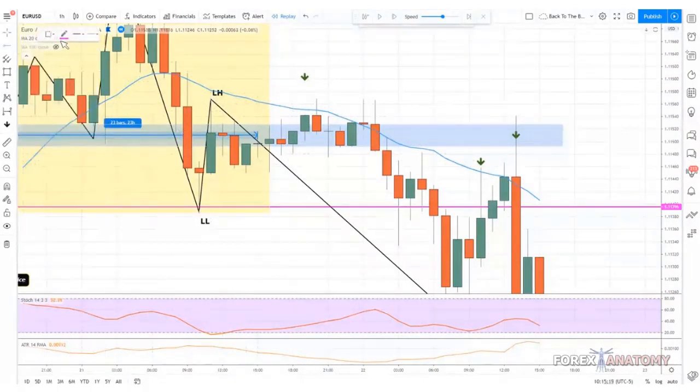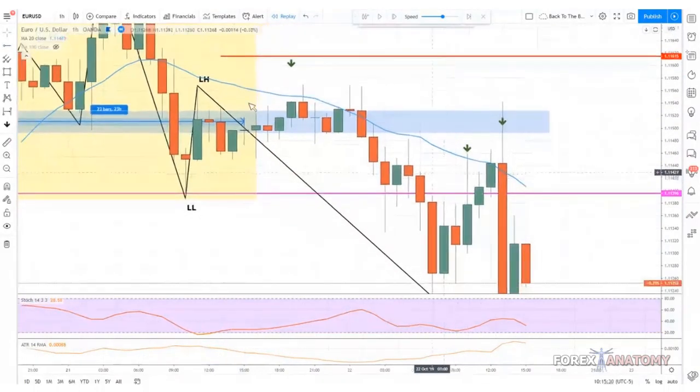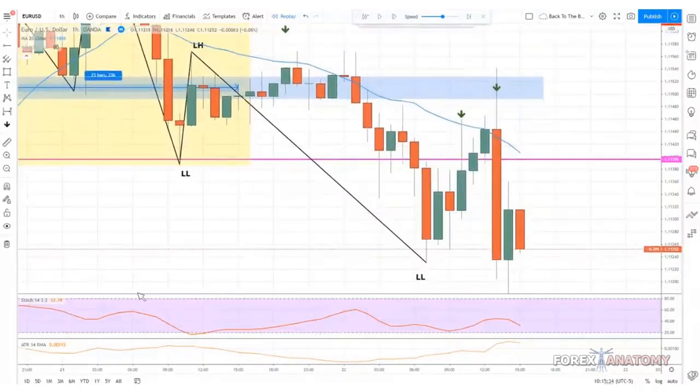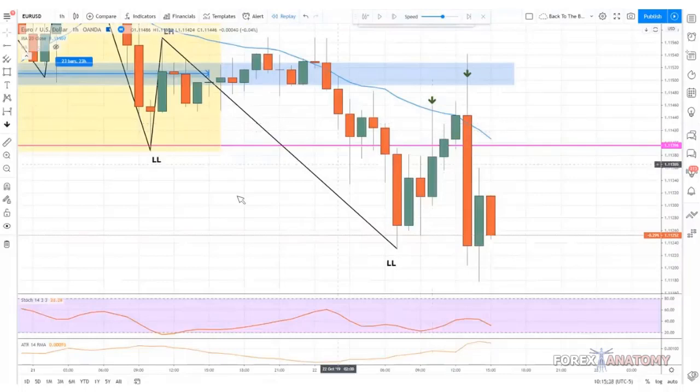For those who may need to know, your stop order is where, if price was to hit this level, you would lose money. So let's just say that we entered our buy or our sell right here, and we placed our stop behind this high right here. Now, would we have gotten stopped out? No, exactly, right?